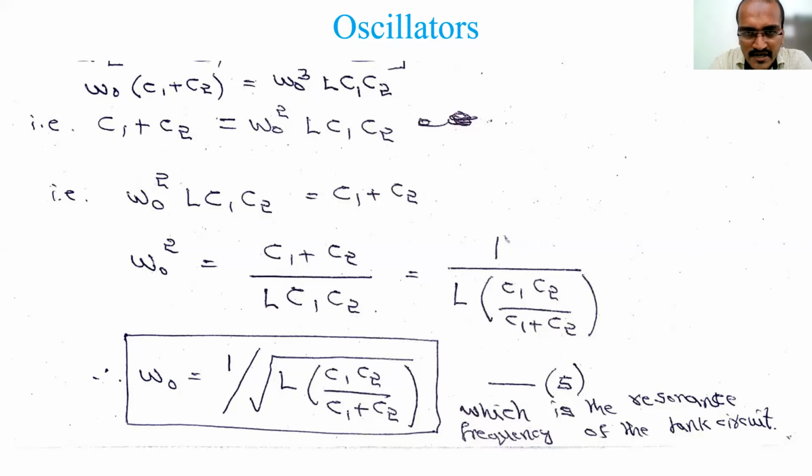an inductor. We took up the detailed analysis of the Colpitts oscillator and started deriving the frequency of oscillation, and it is visible on your screen. So this is the expression we got: 1 by square root of L C1 C2 by C1 plus C2 is the resonance frequency of the Colpitts oscillator circuit. It is in terms of radian per second. If you want to find hertz, you have to include 1 by 2π.